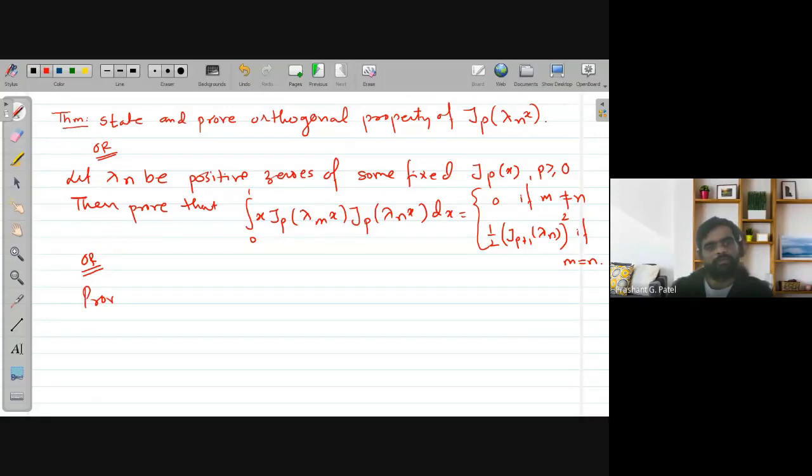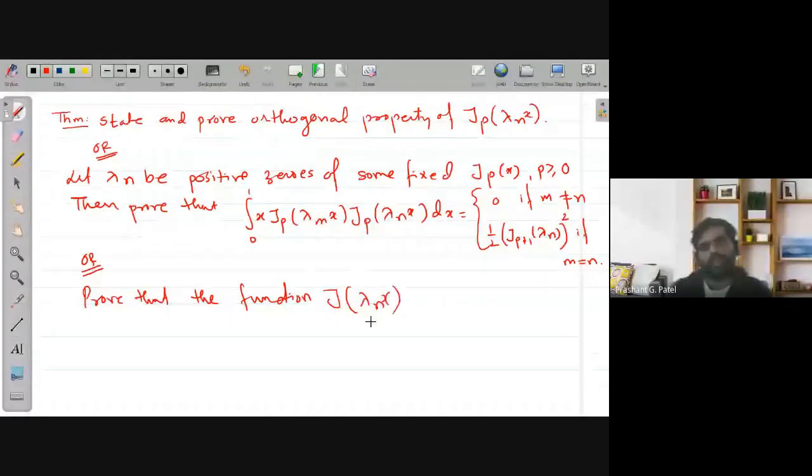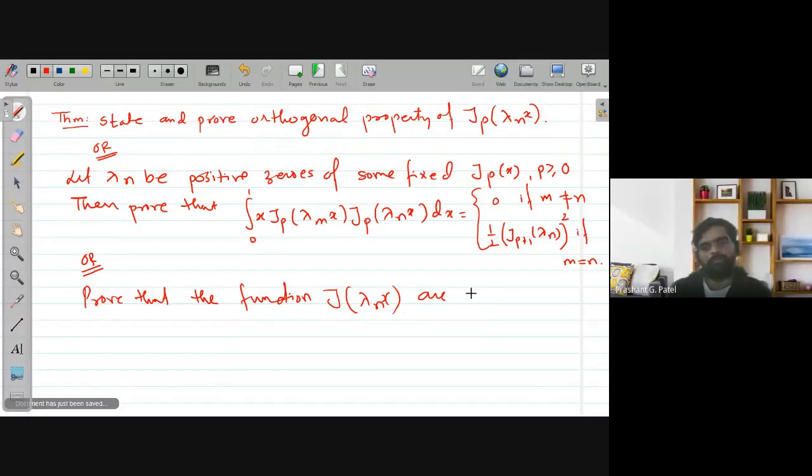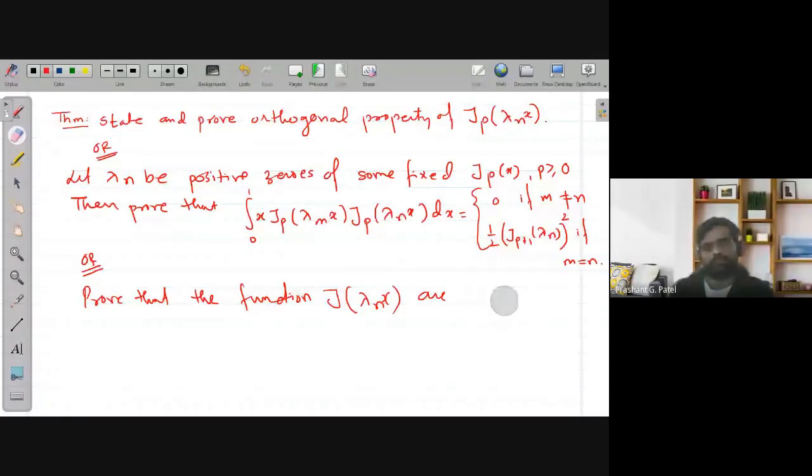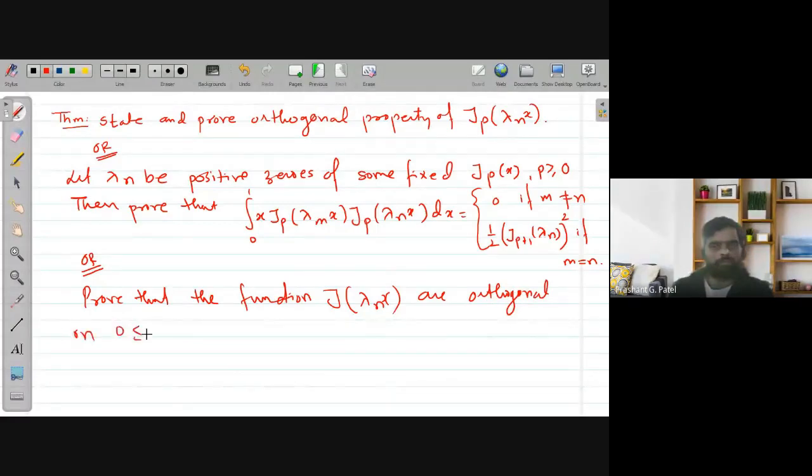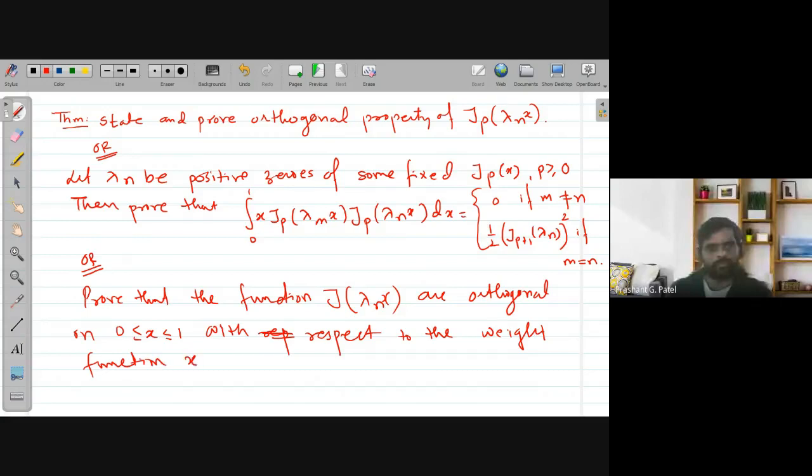It says that the Bessel's functions Jp(lambda n x) are orthogonal on the closed interval 0 to 1 with respect to the weight function x. So this is the weight function x,